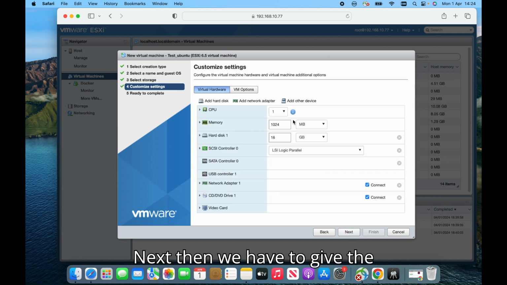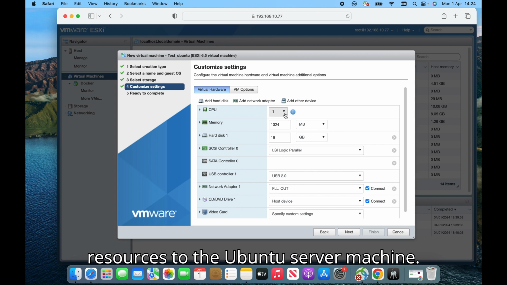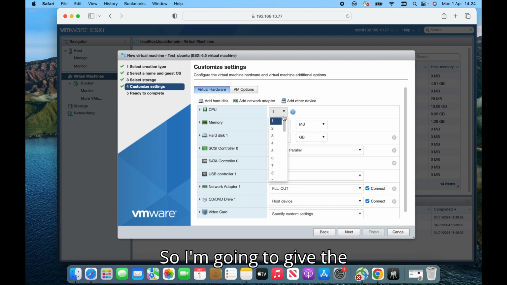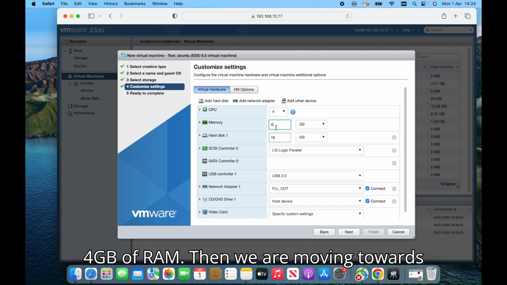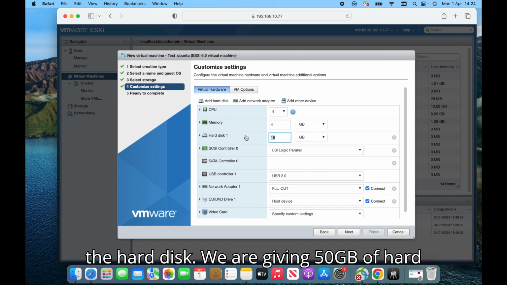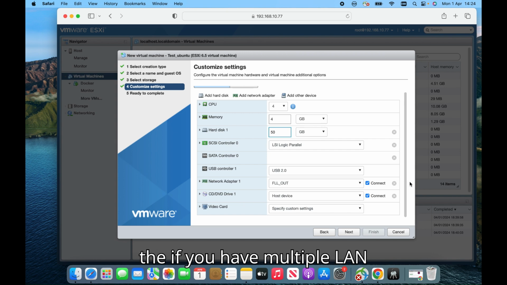Next, then we have to give the resources to the Ubuntu server machine. So I'm going to give four logical virtual CPUs, and I'm gonna give 4 GB of RAM. Then we are moving towards the hard disk. We are giving 50 GB of hard disk, and then we have to select the